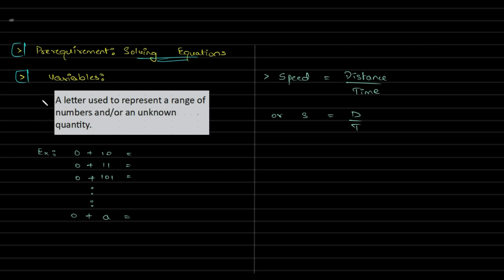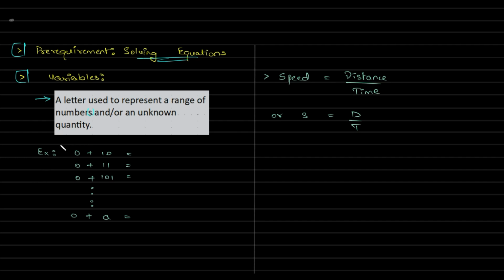The definition is that a variable is a letter used to represent a range of number or numbers and or an unknown quantity,